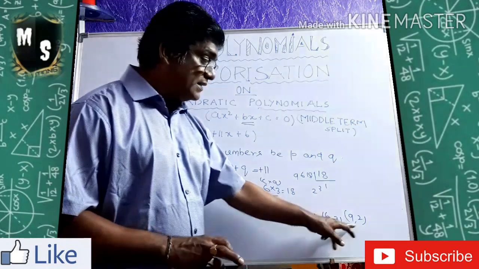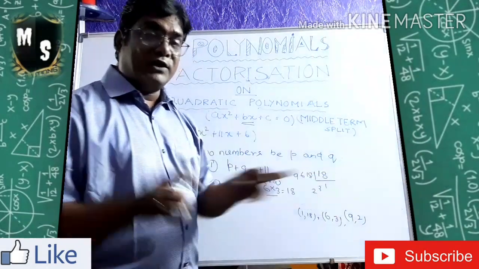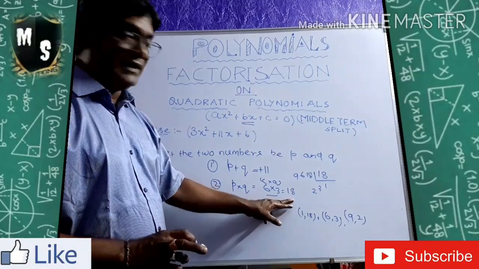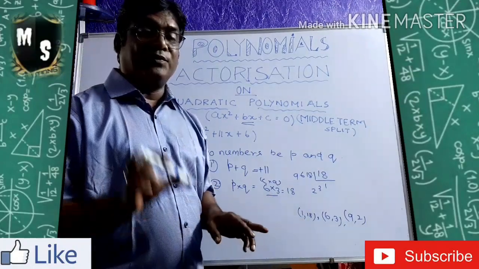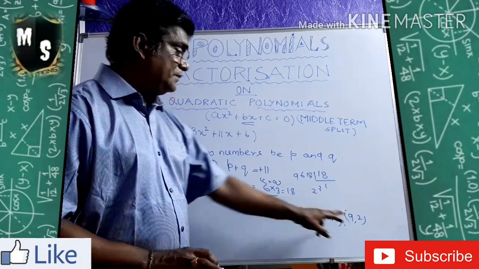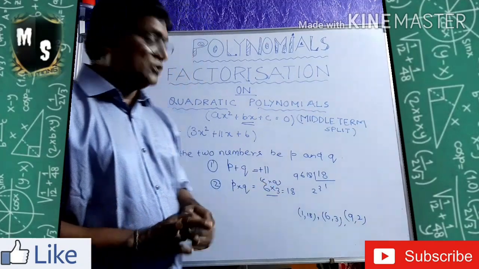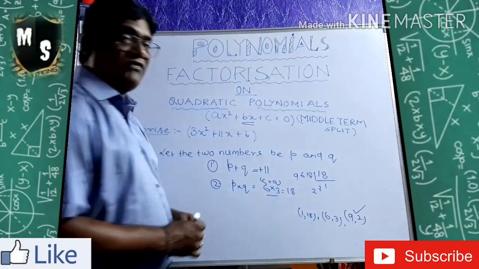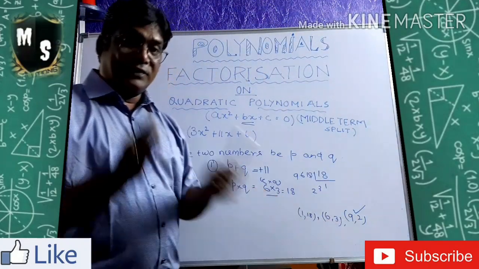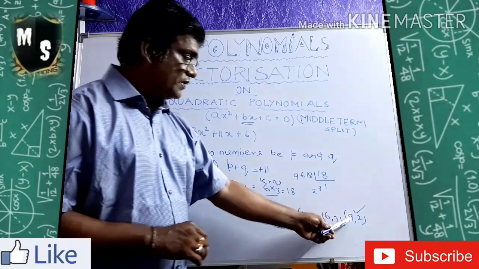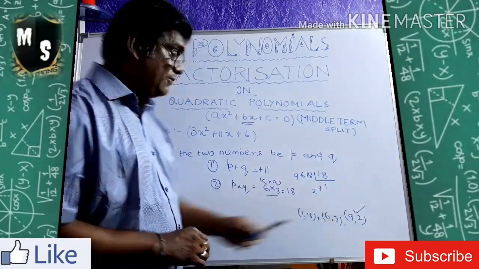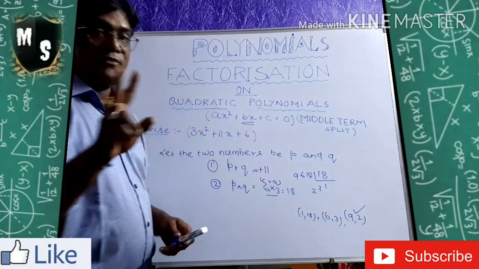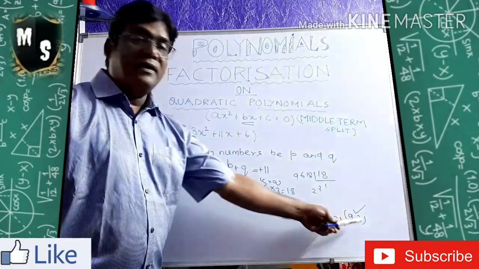Then you multiply these two factors also. What will it give you? It will give you pq, that is 18. When you multiply, it also gives you 18. It is plus 18. 9 times 2 is plus 18. So my selected factors are 9 and 2. In these two factors, this is the p and the q. I am going to split my middle term, that is 11, with 9 and 2.